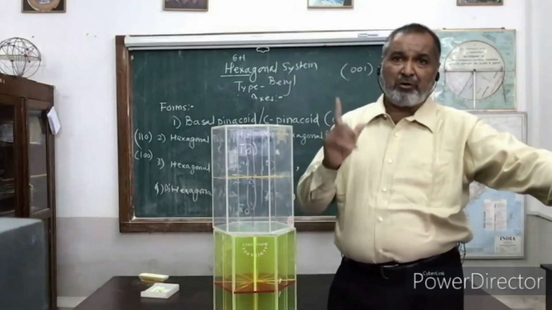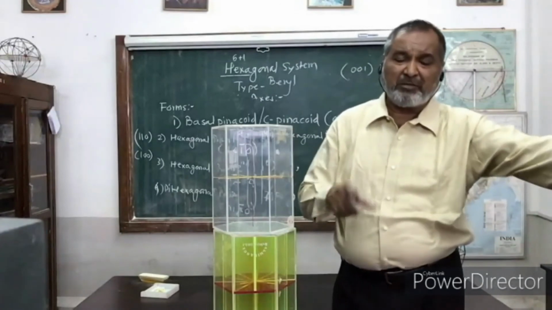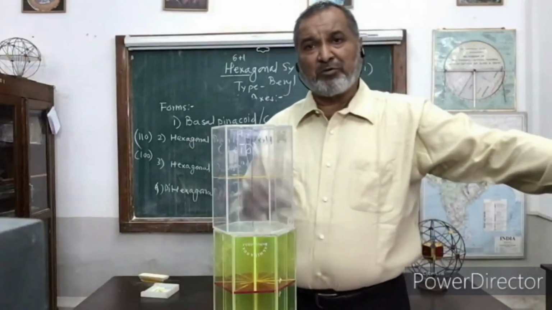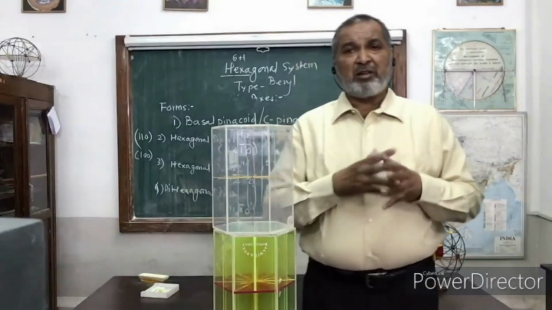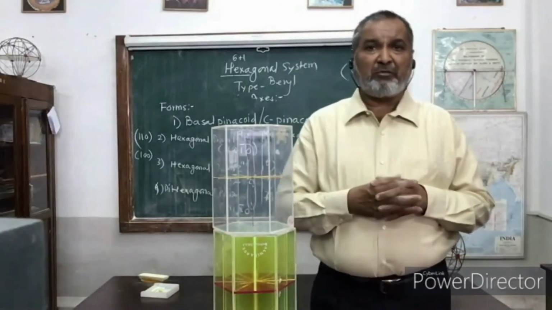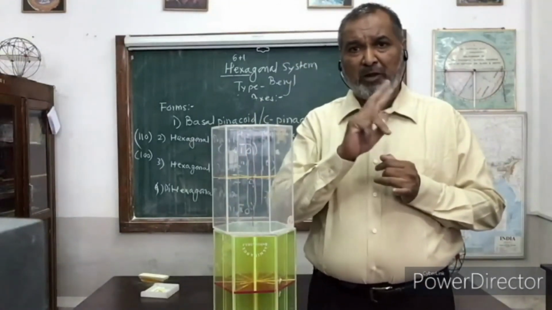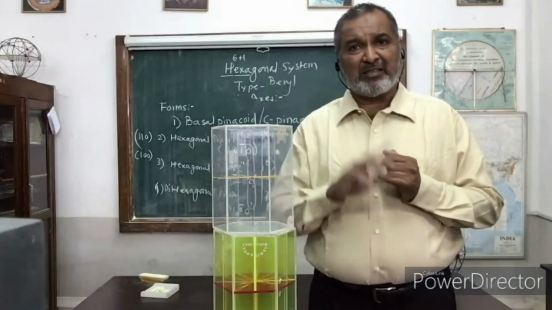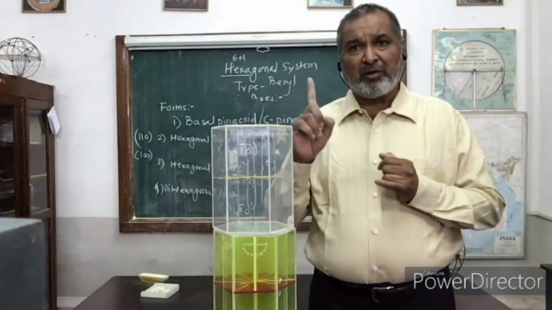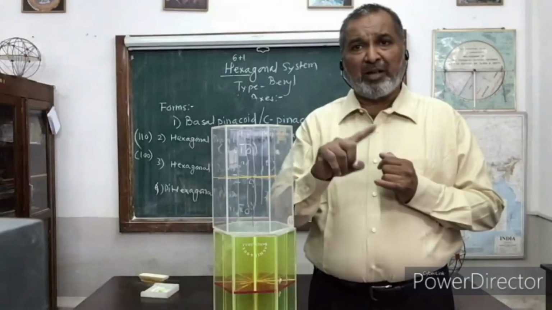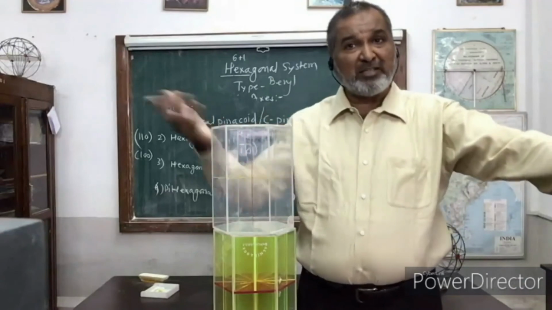So 1 0 bar 1 0, then second order 1 1 bar 2 0, then dihexagonal prism HI bar K 0. So that is what we have, the 3 prisms, first order, second order and the di. Similar one we have in the case of pyramid also. We have hexagonal pyramid first order as per the normal 1 1 1, 2 horizontal axes and the C axis. So here 2 horizontal means A1 and A3. So A1 1, A2 0, A3 minus 1 because the sum has to be 0. So 1 0 bar 1 1. Then the next one 1 1 bar 2 1, that is one more axis is going to cut.